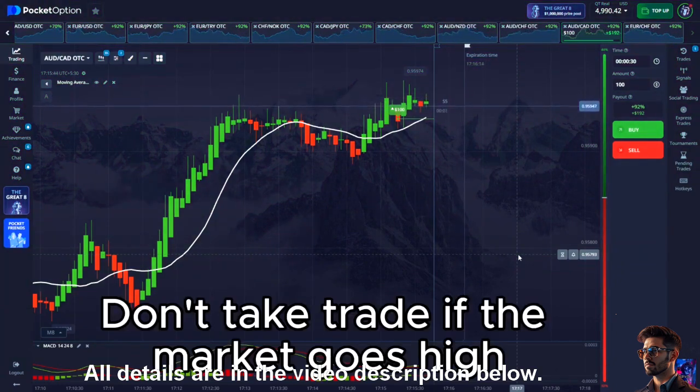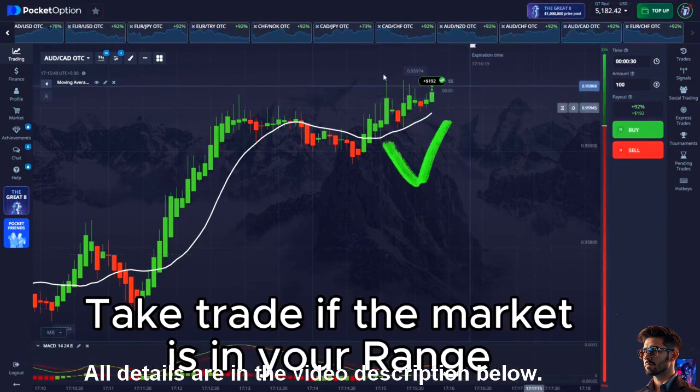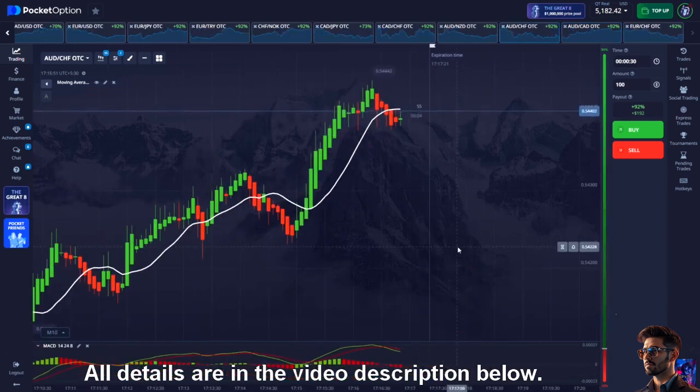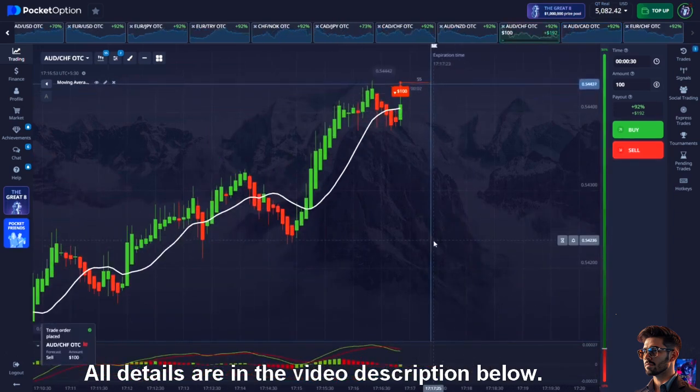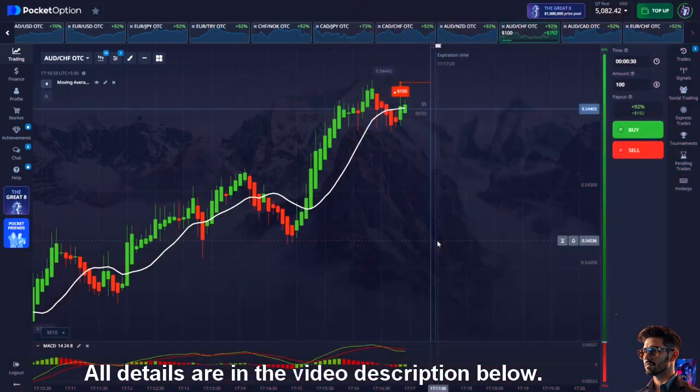So don't take a trade if the market goes high. Take a trade if the market is in your range and if you think that the trade can be a win. Here, we have taken a trade for the downward direction. This trade is the best trade, I think. Because